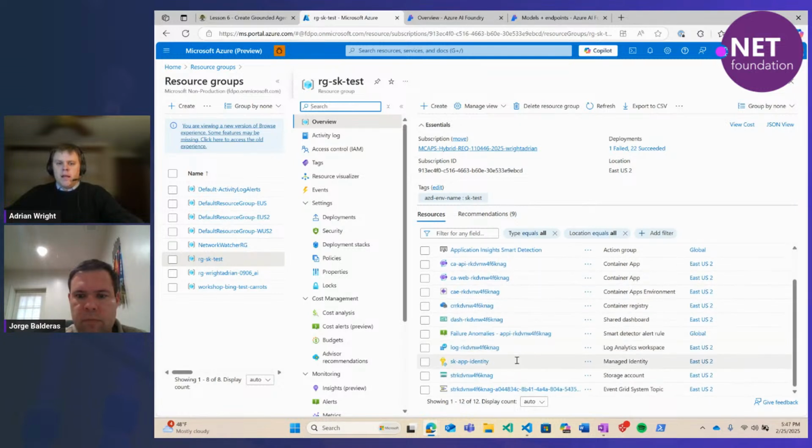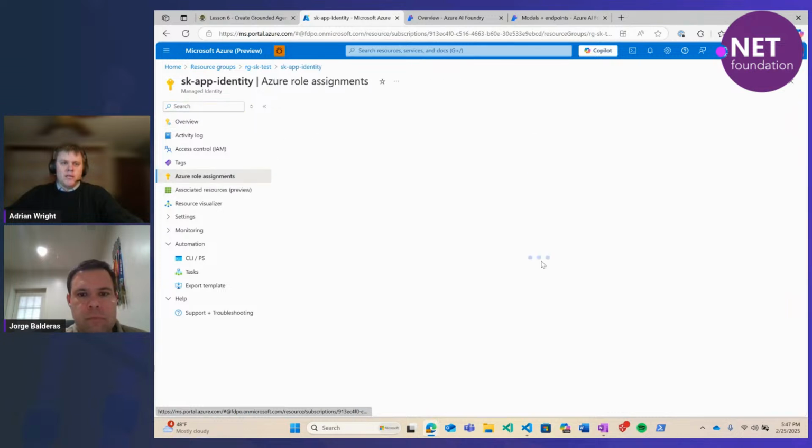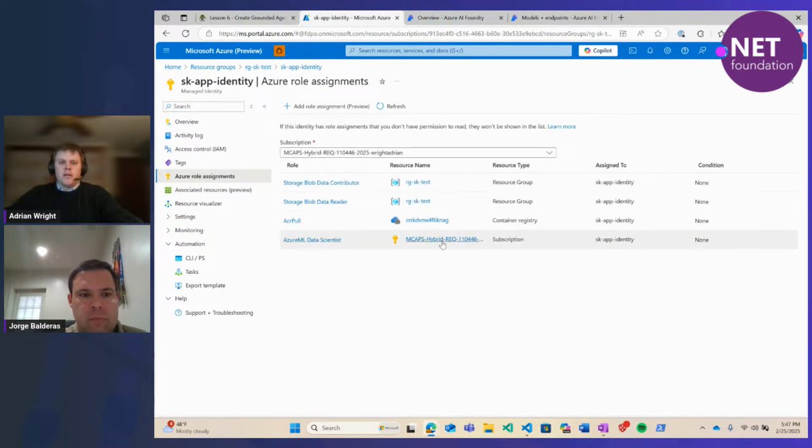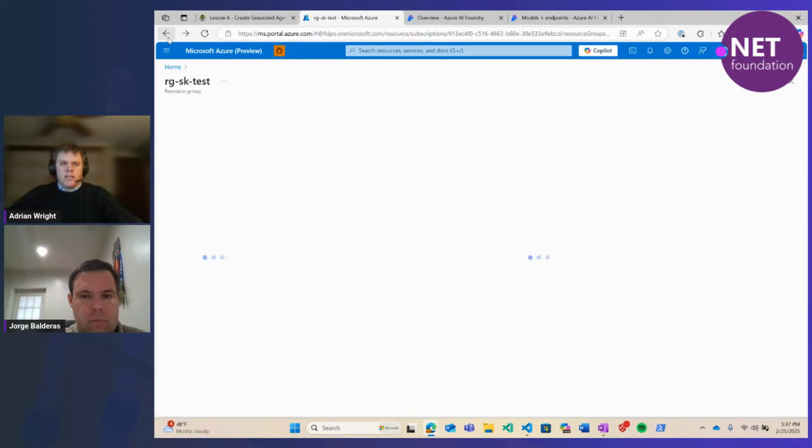And then we also have a managed identity. This is an identity with some specific privileges that we need to be able to talk to the Bing grounding resource and the Foundry project. You'll see here we have this Azure ML Data Scientist role. My user in the CLI context has those permissions, and in the Azure Container Apps context, the app uses this role to be able to access those APIs.